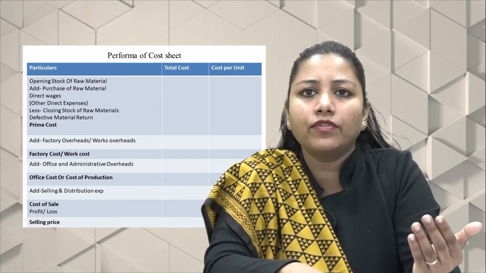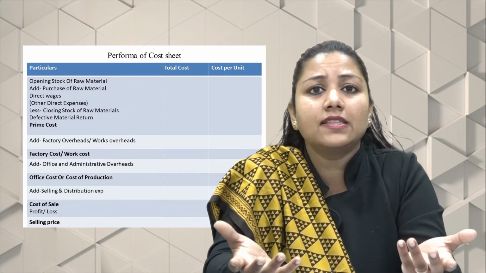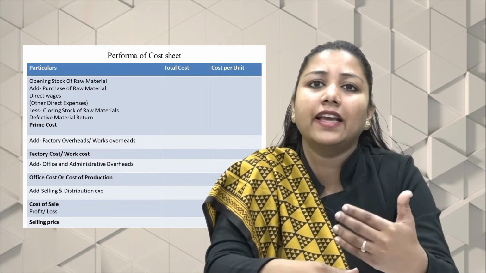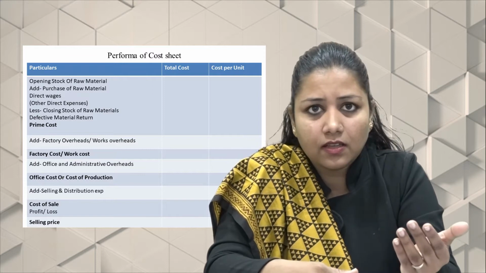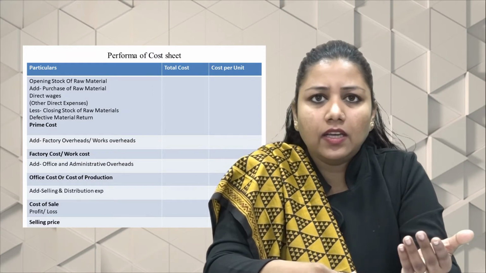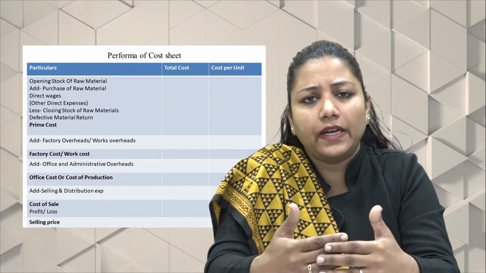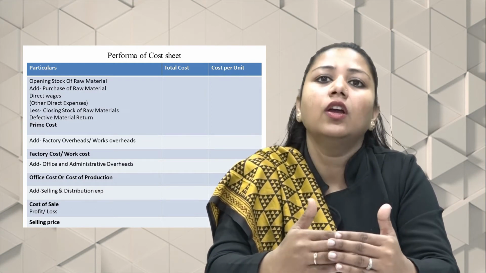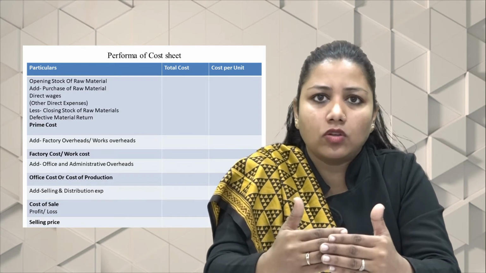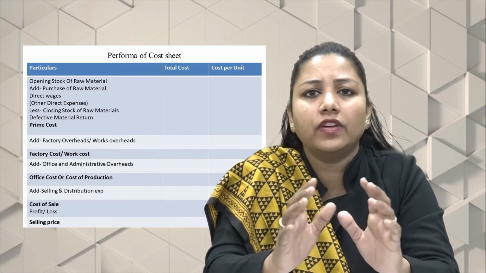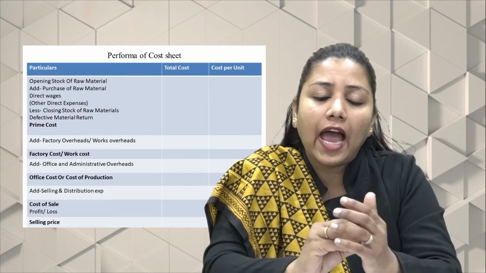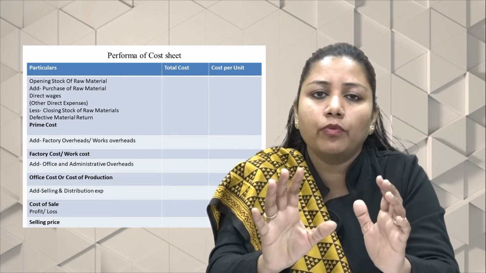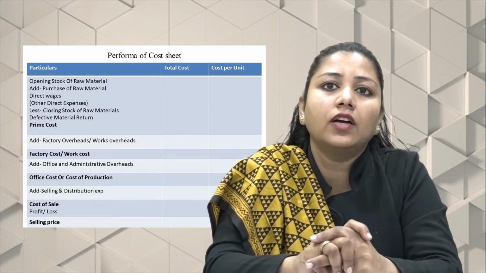After finding the office cost, we should know about the selling cost. So for selling cost, we add the selling expenditure, like sales agents, advertisement, packaging, etc. There are so many expenditures we add in the selling cost. With the help of the expenditure, we can know the selling cost. If the illustration has given the sales, then we have to subtract the total cost from the sales. So we find out the profit and loss of the company.